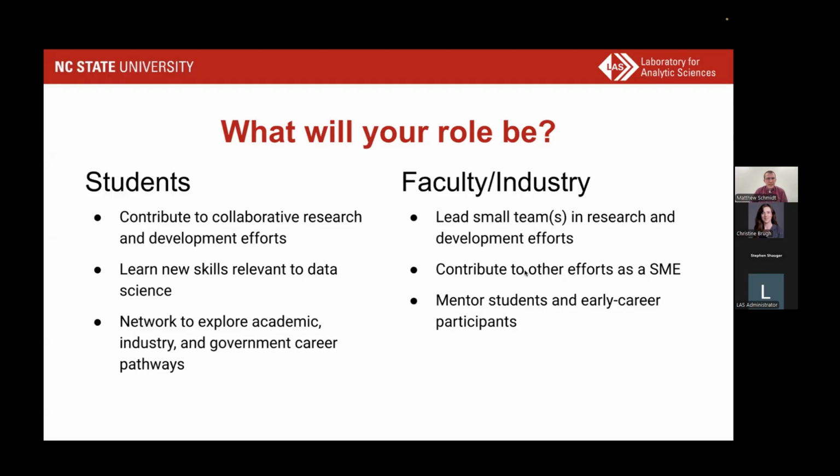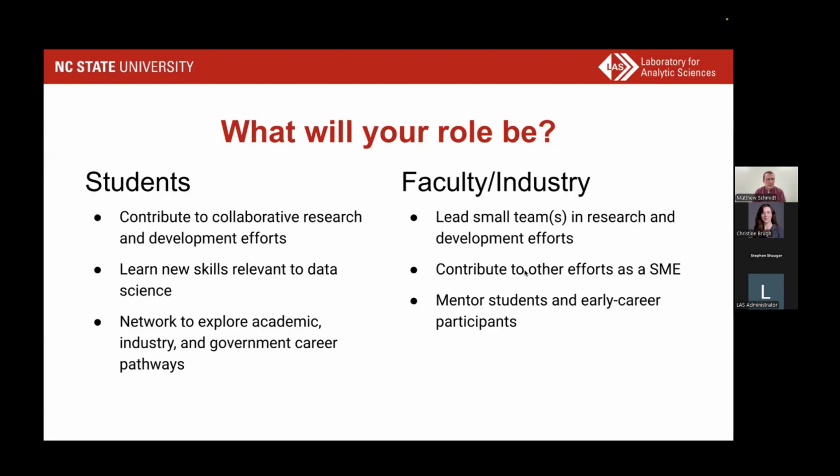For the faculty and industry attendees, we are going to be asking you to be involved in the leadership of these projects, so helping set the direction for what approaches might be taken, use best practices, things like that, and really lead the small teams and the project teams towards the beneficial outcomes. We expect that they're able to contribute some level of subject matter expertise on a relevant area, right? So we want to engage people who can bring their expertise, but also learn from others